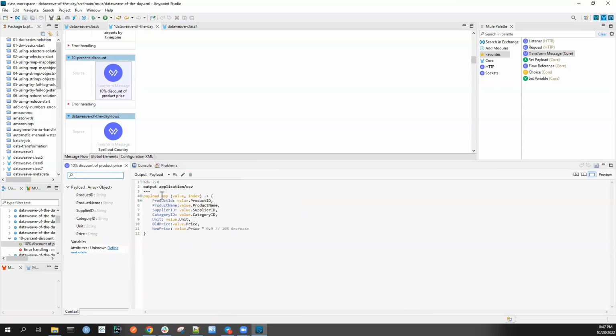So I'm using a map. For such operations, we use a map. We can also use reduce. I have newPrice here, as you can see. It is the original price, which is value.price. Here in map, value, index, value times 0.9. This is the 10% discount. Or you can also do